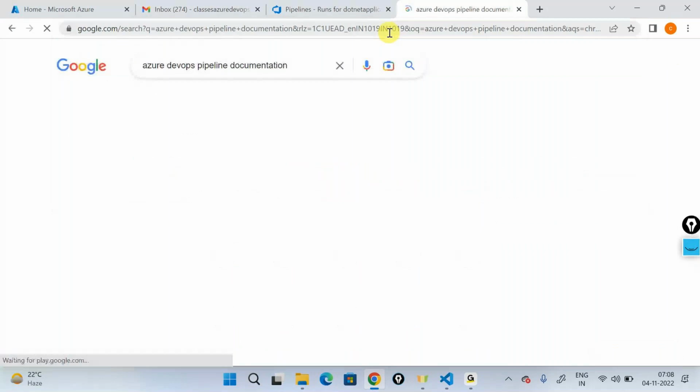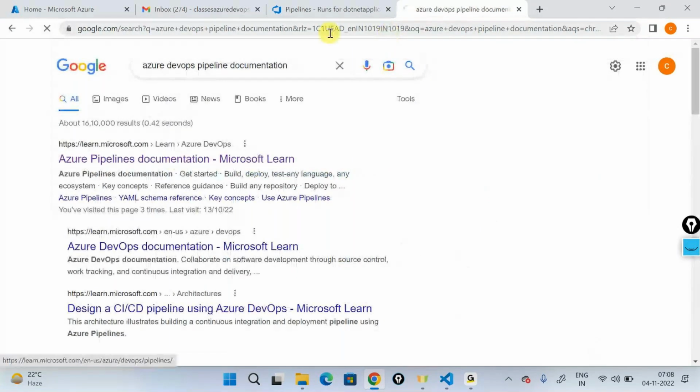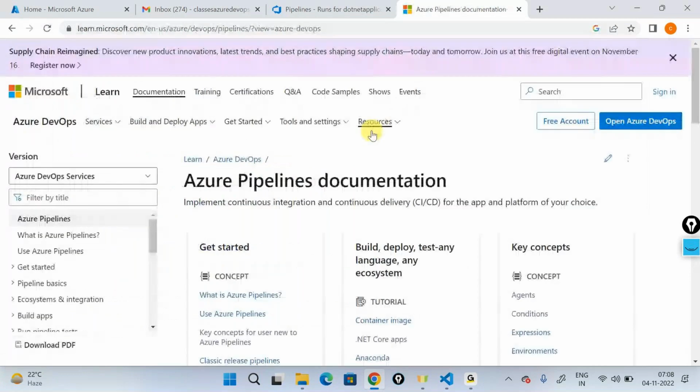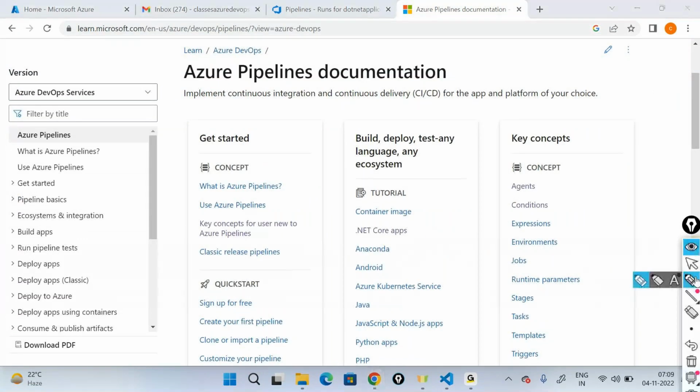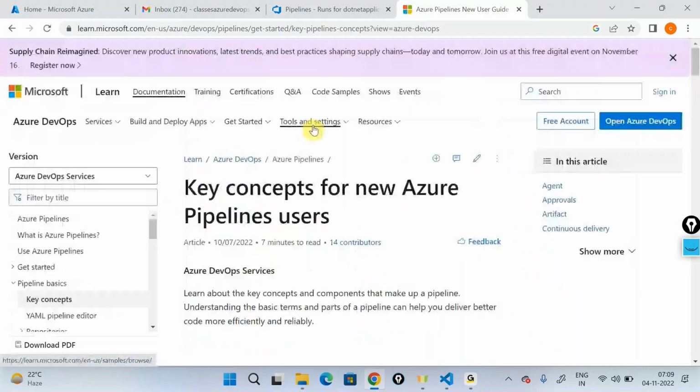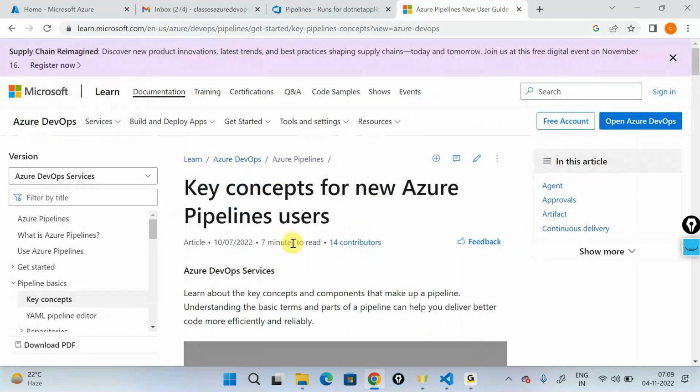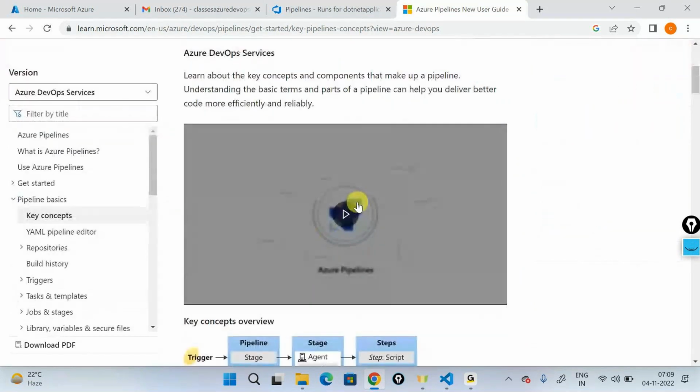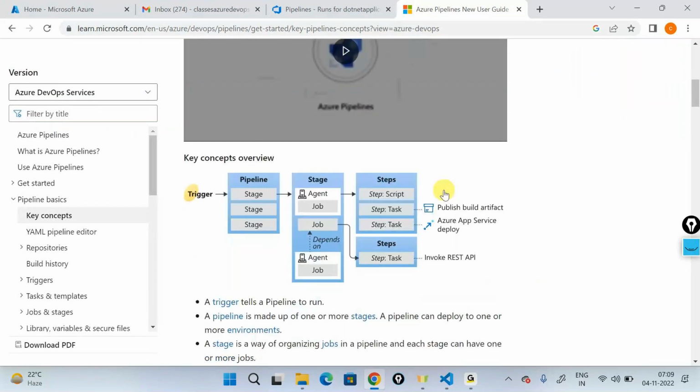I'll say Azure DevOps pipeline documentation, and I'll just go here. This will give you a lot of links out here telling what is a pipeline, what does it do, and different things. But I'm more focused on this particular area, where it says key concepts for new users to the Azure pipelines. So let's go in there, and here it says key concepts for new users to start using these pipelines, and it also has a video, and it's pretty informative. But I'm not really looking at that one. I'm looking at this particular diagram,